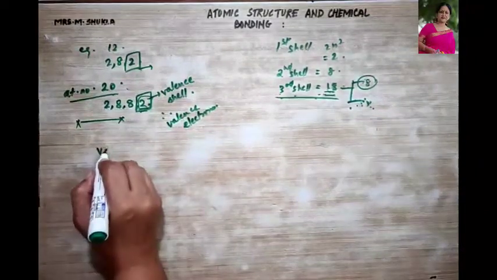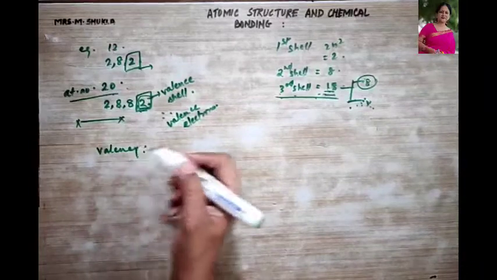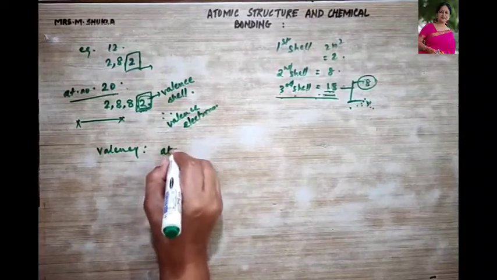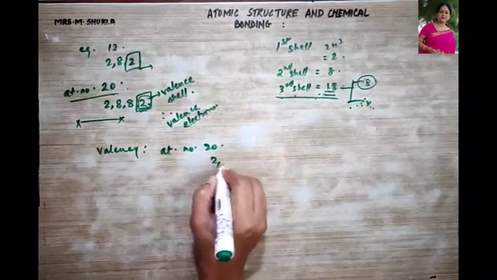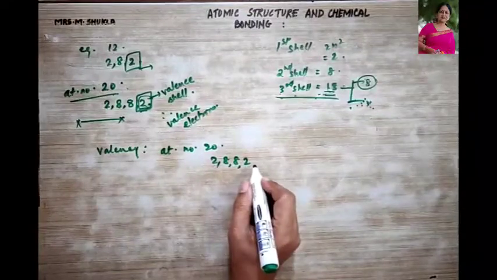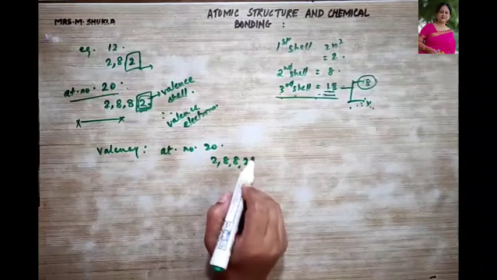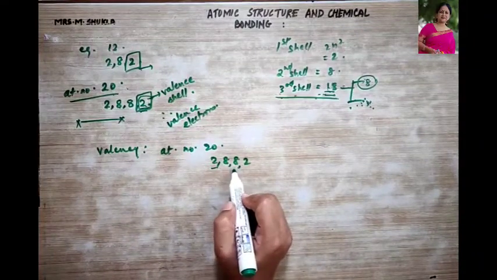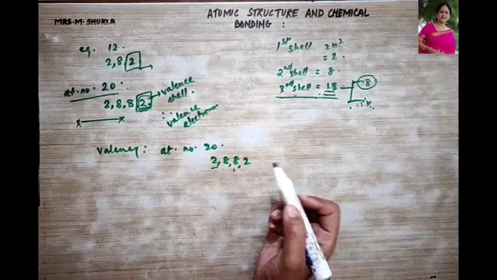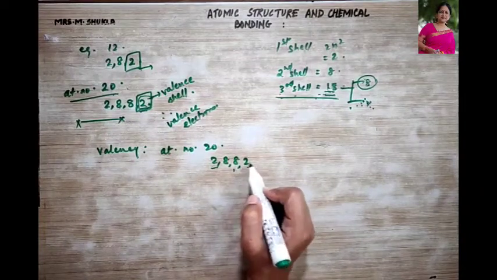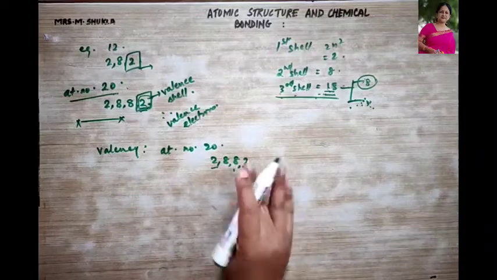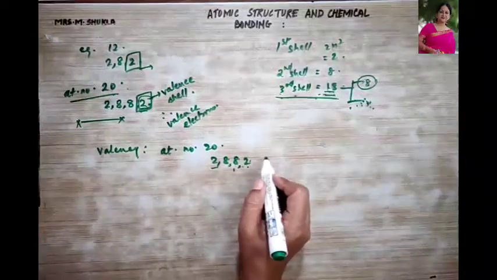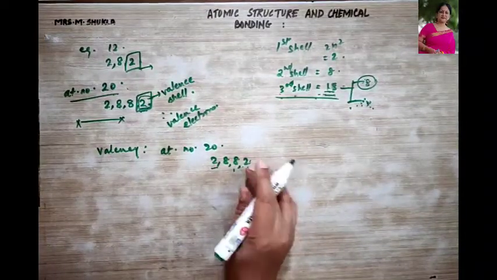It is the number of electrons lost, gained or shared during a chemical reaction. So suppose I take atomic number 20. Configuration 2, 8, 8, 2. To become stable, what does it have to do? It has to follow the duplet rule or the octet rule. The octet rule says that it should have 8 electrons in the outermost shell. To get 8 electrons in the outermost shell, it will either take 6 or give away 2. If it gives away 2, it will have 8 electrons in the outermost shell. So what is easier, to give away 2 or to take 6? To give away 2.